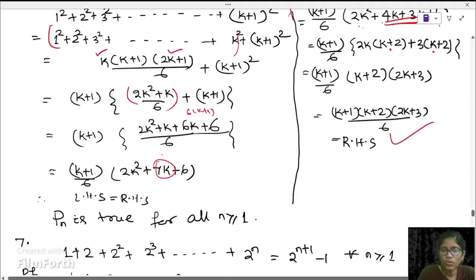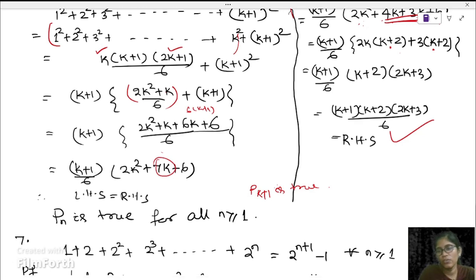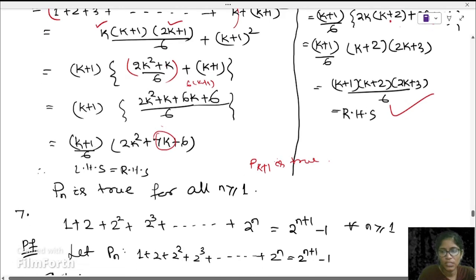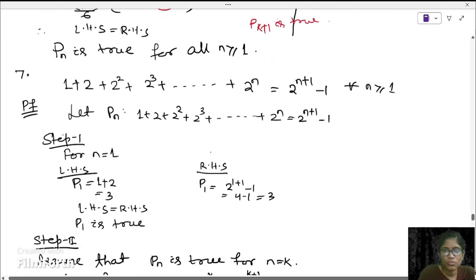So Pk plus 1 is true. Since Pk plus 1 is true, we can say Pn is true for all n greater than or equal to 1. Now move to question number 7, which is 1 plus 2 square plus up to 2 to the power n